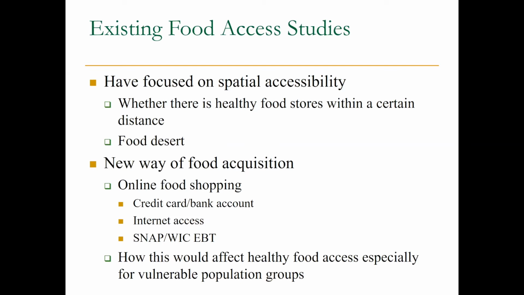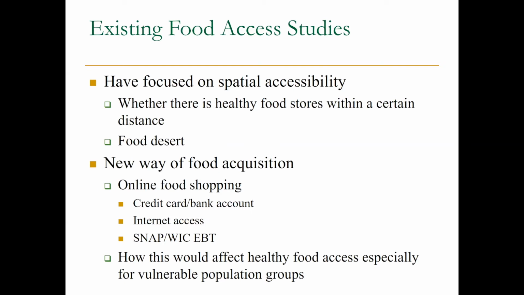So this may impose additional challenges for certain population groups. And then one question will be how the new way of food acquisition would affect healthy food access, especially for